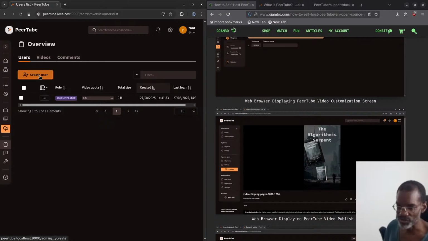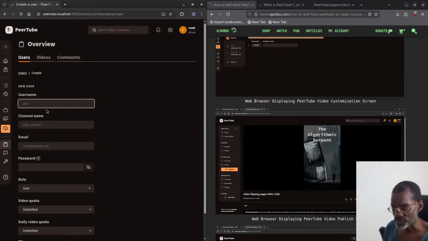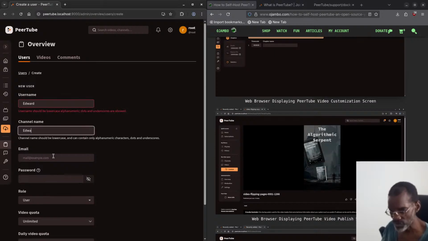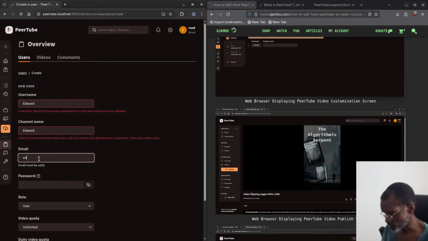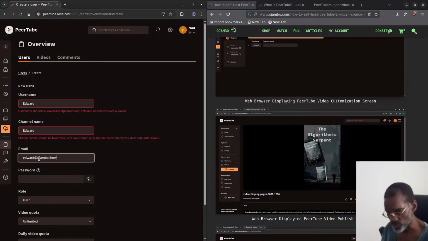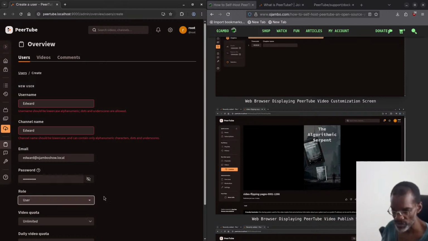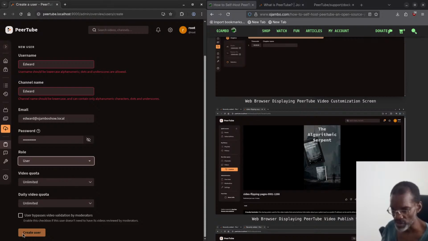Okay, so I'll create a regular user. Okay, so I'll call him Edward. Where is Edward? So it'll be Edward at example.show.local, give him a very secure password. It's going to be a regular user, yeah, just a regular user, unlimited, bypass video validation by moderators. Doesn't need, yeah. So